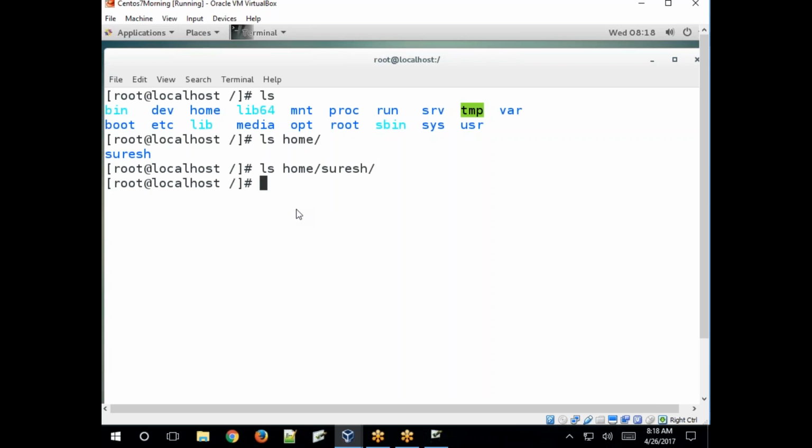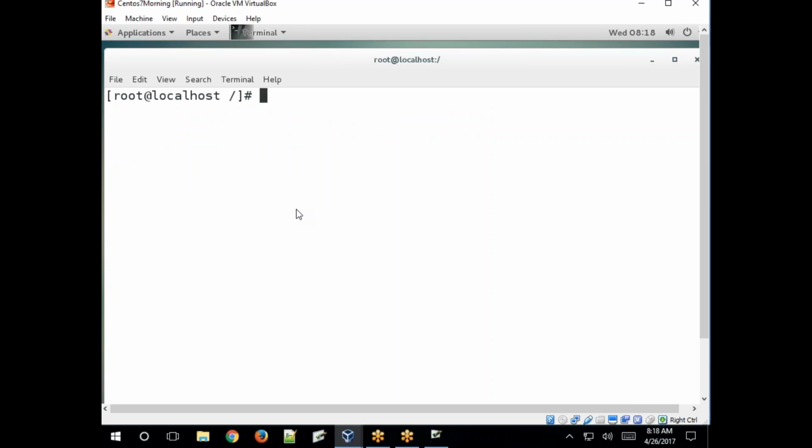So ls is the command to list files and directories under your current working directory, the present working directory, meaning the current directory, pwd. Currently you are in the top level directory, the root file system. Under the root file system, system-created directories are already there. Clear? We'll see what cd is later. Just understand this for now.